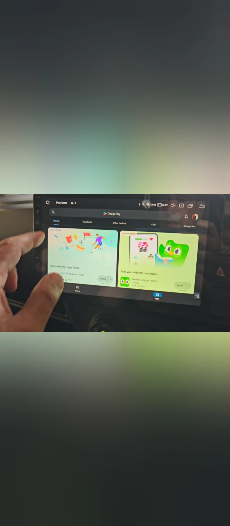So now, on your Android head unit, you're going to go into the Play Store, and just like before in my other video, you're going to download Head Unit Reloaded. There it is here. And you're going to open it up. Right. Now that it's open,